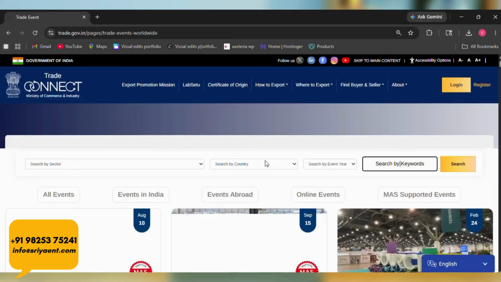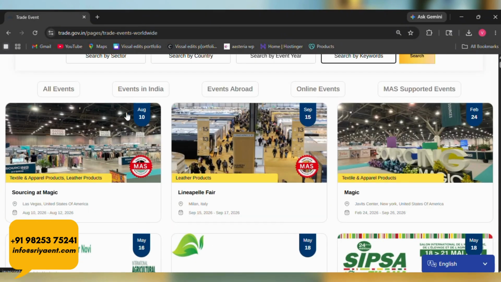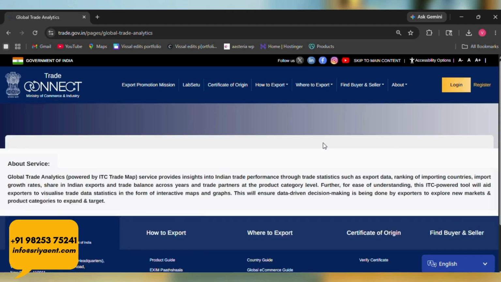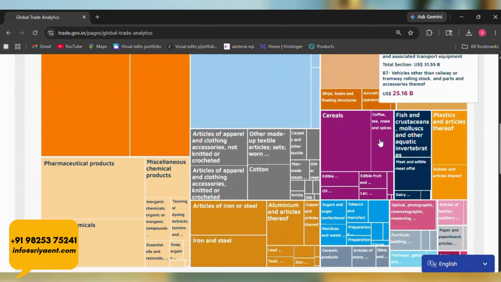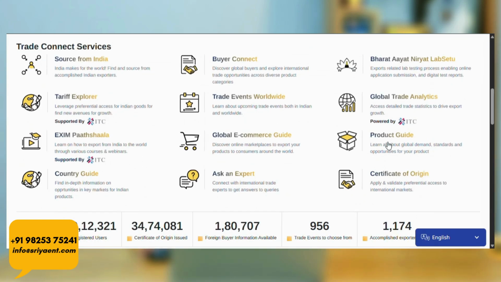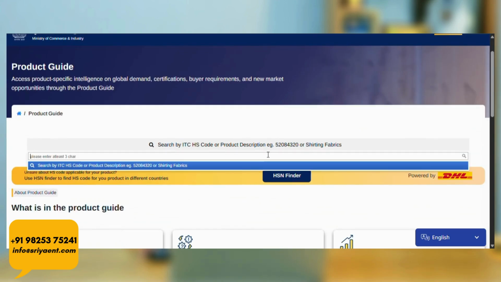Second, trade events worldwide. That means which events are happening which you might want to go ahead and showcase your product. Global trade analytics, which will be giving you the details about which main products are exported by India, where also it gives you country guide, also a product guide, whereby suppose if you have inputted an HSN